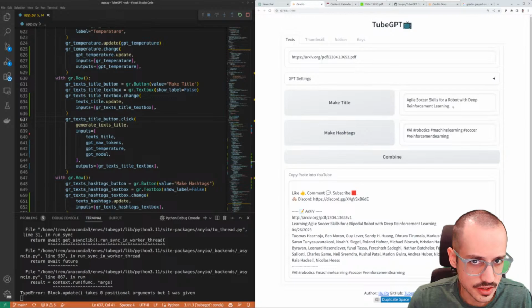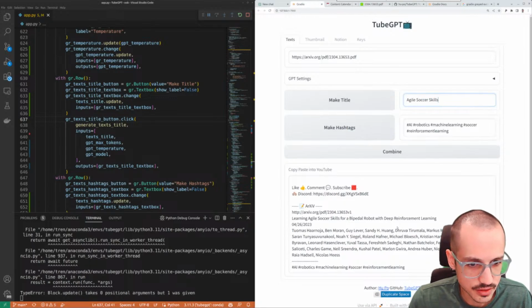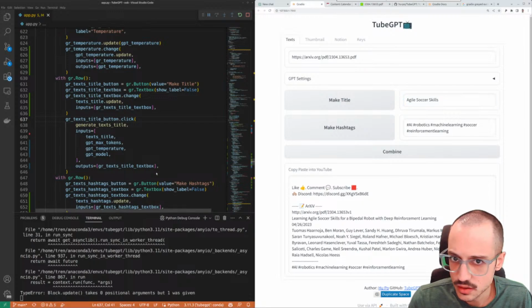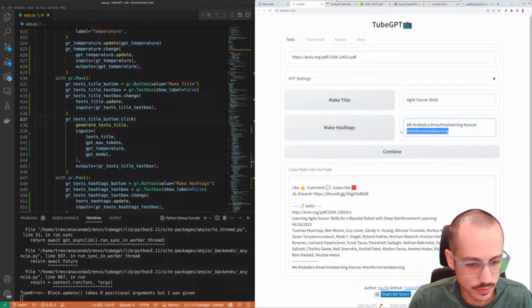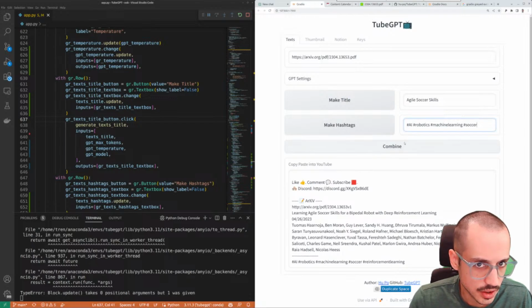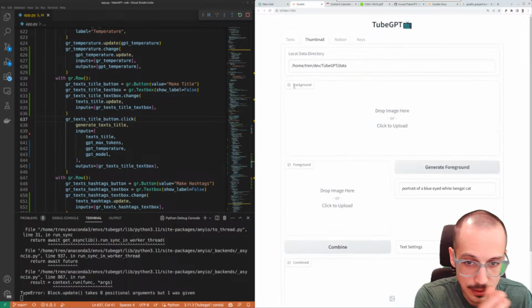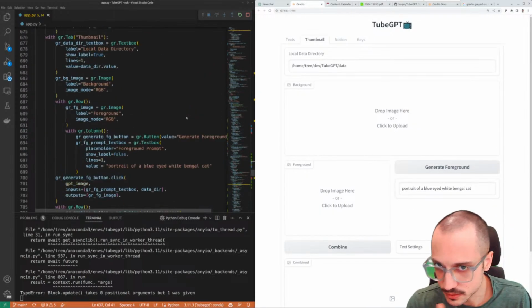Now here's the secret sauce. If I remove this and I just do Agile Soccer Skills, and maybe get rid of the reinforcement learning here, and then hit combine again, we should no longer have the reinforcement learning. Okay. Now when I go to thumbnail,